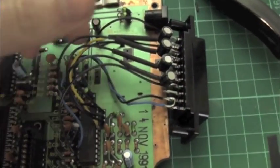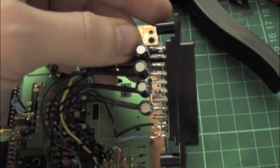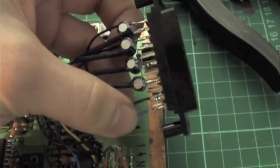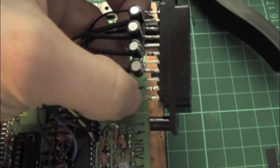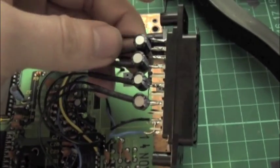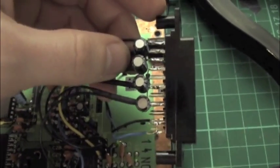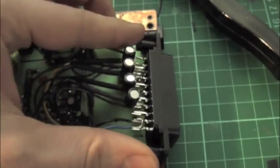Okay, so I've finished wiring up the SCART plug. I've got the RGB and composite, and I've just linked the mono sound together to get stereo sound. It's got its own separate ground, although I still get buzzing. I don't know how to fix that. I'm not entirely sure. Anyway, so that's the plug, and it will fit in the case